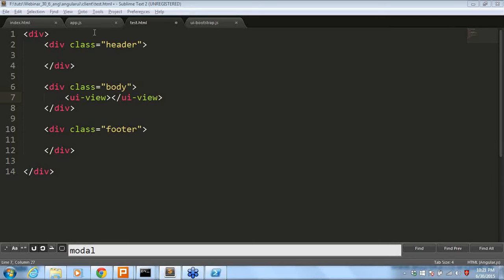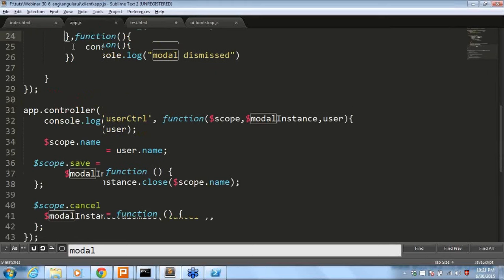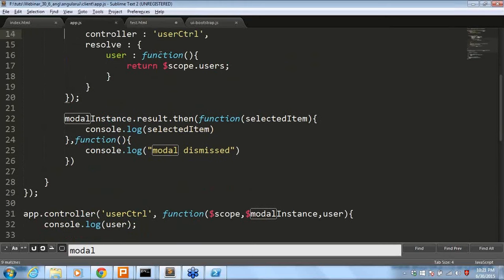In the same way, in Bootstrap also we are using the resolve method right here. Once you get the data, everything will be marked here. If you want to pass multiple data to your pop-up controller, everything will be marked in the resolve. Only if it is resolved will it go to the controller and instantiate it. Otherwise, what might happen is the data I pass won't be available right here, I will try to use it, and it will throw an error. To avoid that, we use resolves in your pop-up.